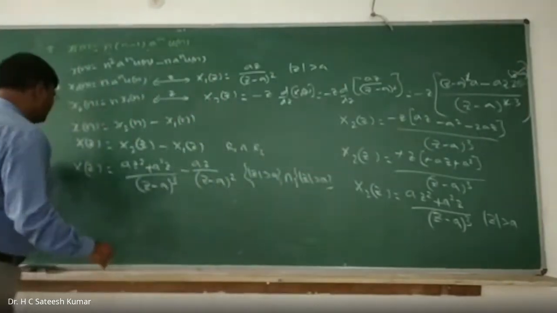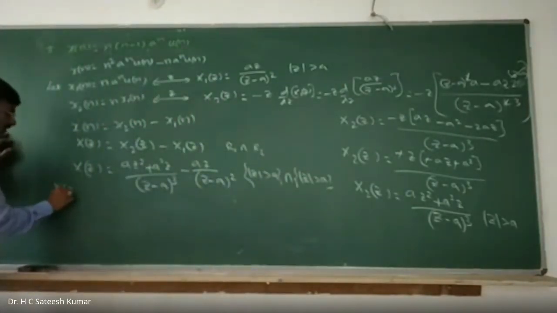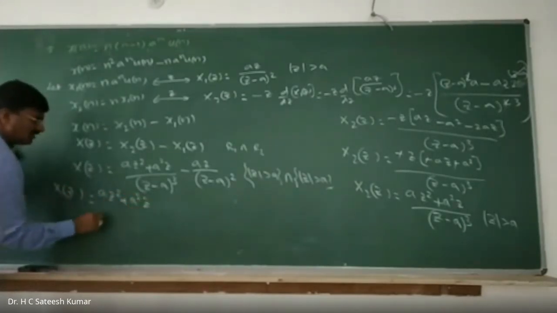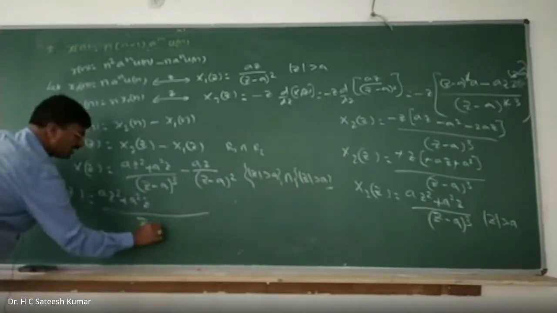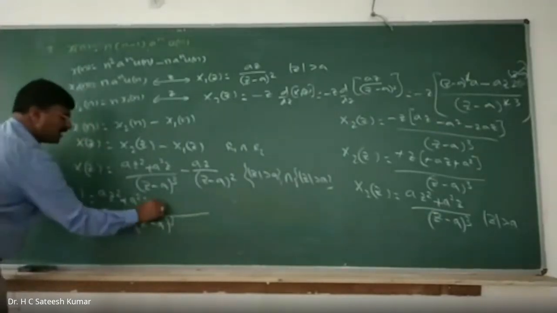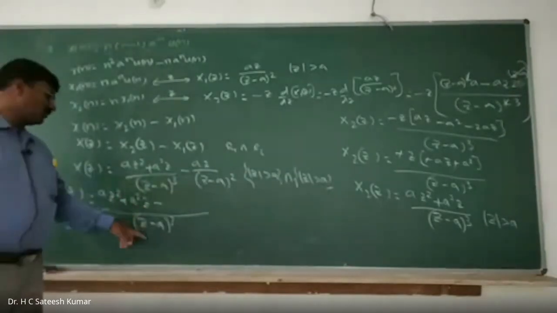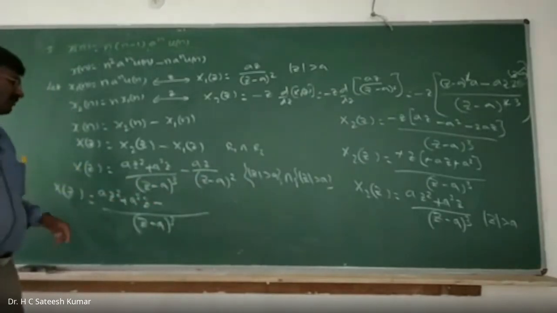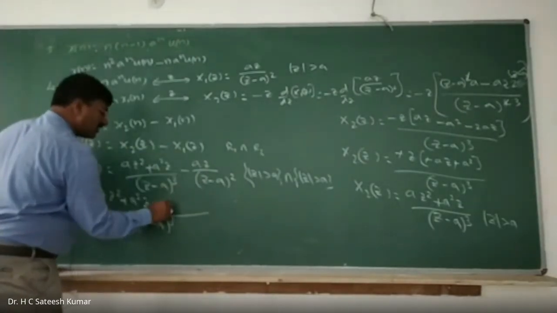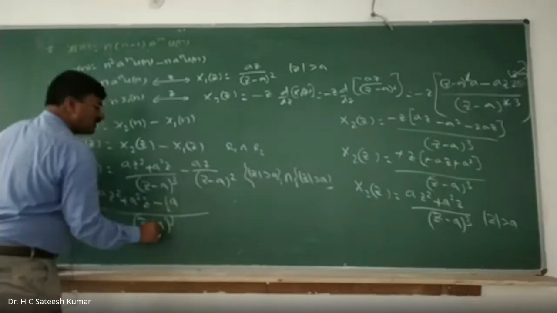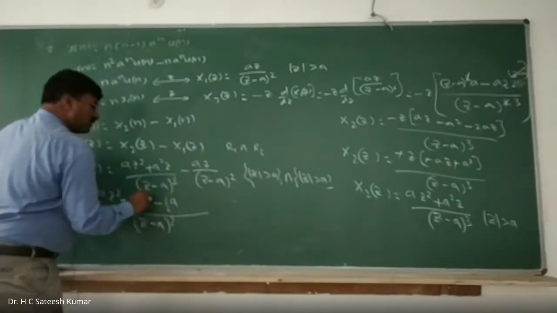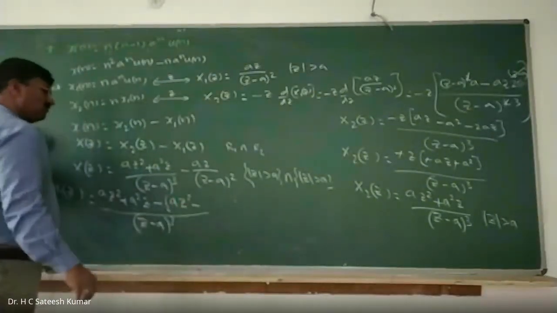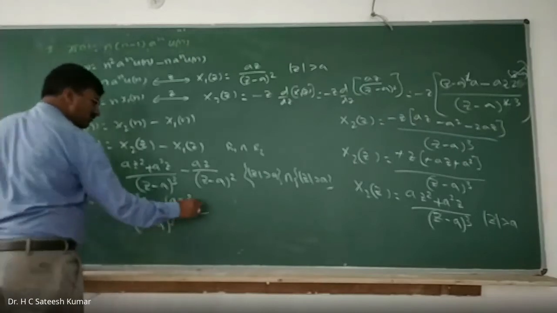Now we can simplify this one. X of z is equal to az square plus a square z. Denominator LCM is z minus a whole cube. Minus z minus a whole cube means this will be written as it is. Z minus a whole square, divide this by the denominator. What will you get? Z minus a. Multiply with z minus a, what will you get? Minus of z, multiply by z means az square, minus a into az minus a square z.